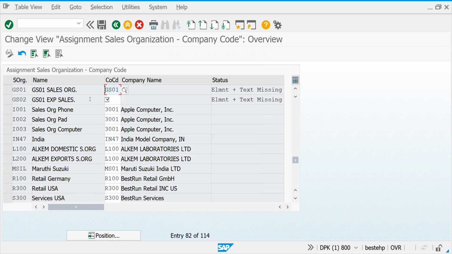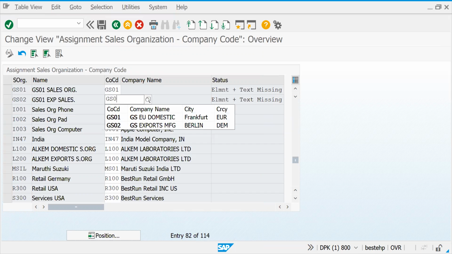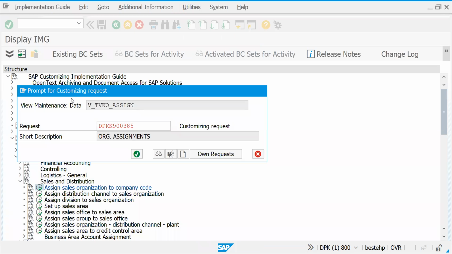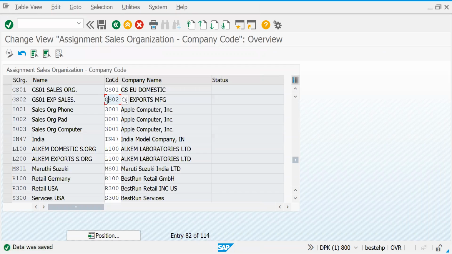So for domestic, and in a similar way, we are assigning for exports GS02. Okay. So for the export sales organization, you have a company code separately. That means for this GL, whatever is other than Europe countries, it will be evaluated with this company code for this sales organization for all sales orders.